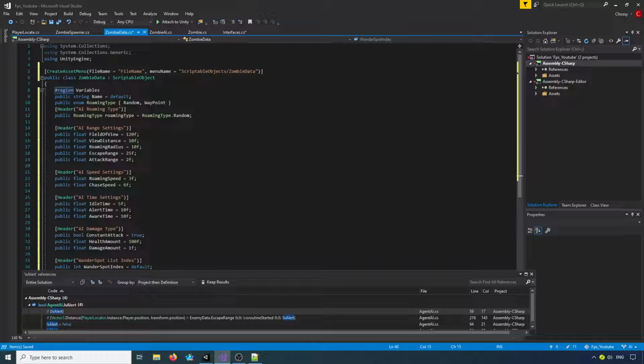Okay, we've got quite a few here, as you can see. So we're going to have a public string name, so you can give your zombie a name if that's your thing. And we've got a public enum. We're going to have roaming type, and that'll be random or waypoint. And then we'll just set its default roaming type to random. So we've got a public roaming type, and we call it roaming type